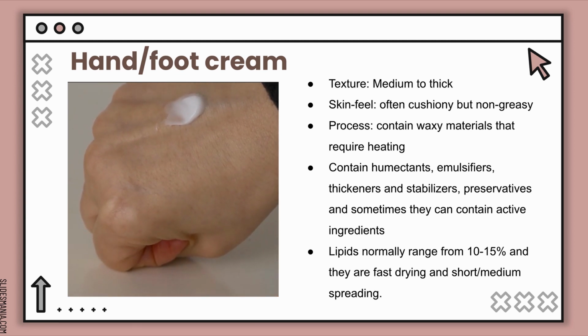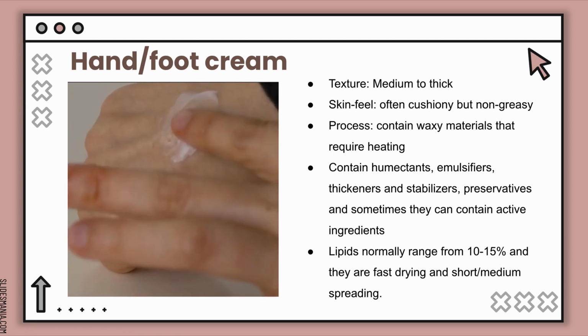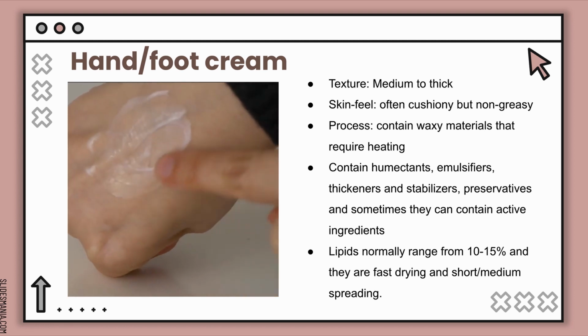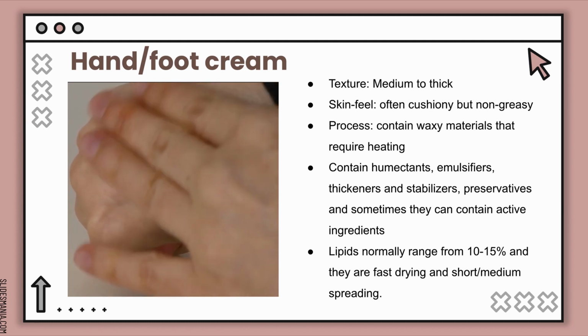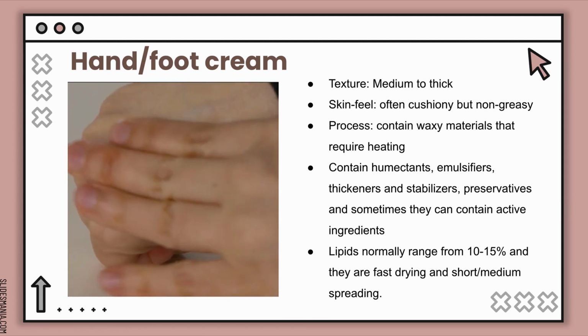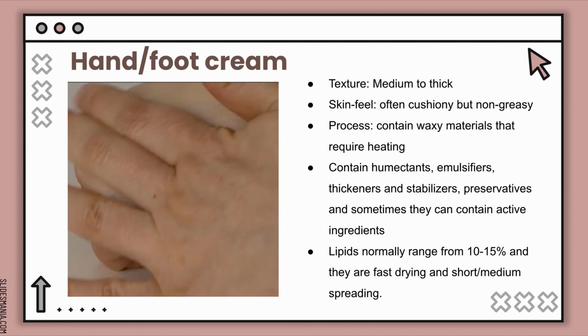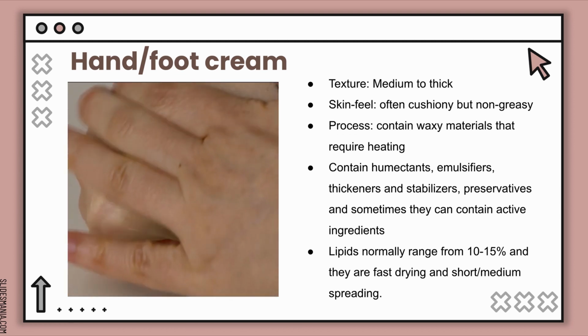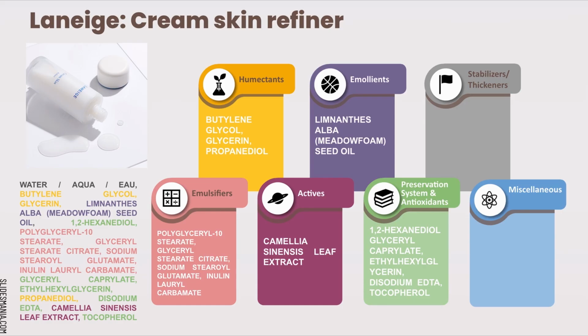They contain waxy materials that require heating, and they also include humectants, emollients, emulsifiers, preservatives, thickeners, and stabilizers, and they may also contain active ingredients. For example, we can often find urea in feet and hand creams. The lipids often are around 10%, but they can go up to 15%, and they are fast drying and short medium spreading. So now let's see some ingredient lists of some products, and let's start with Laneige Cream